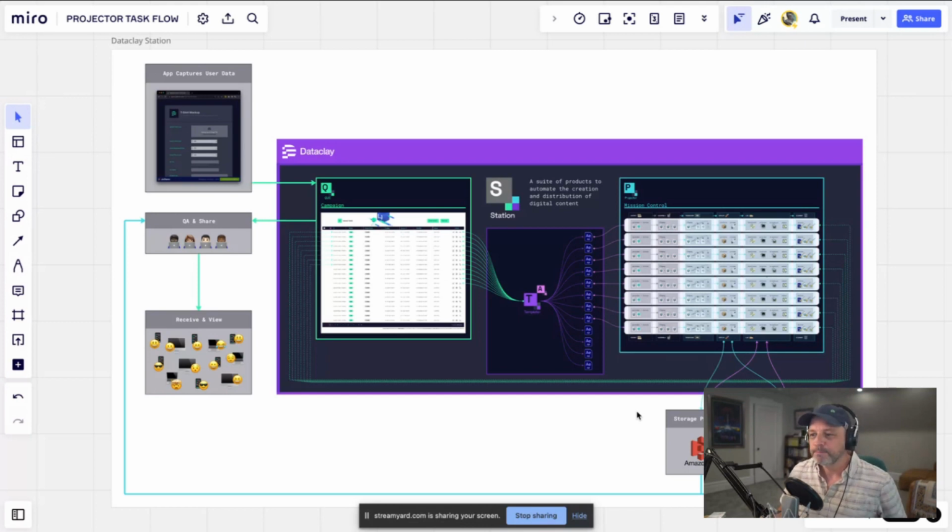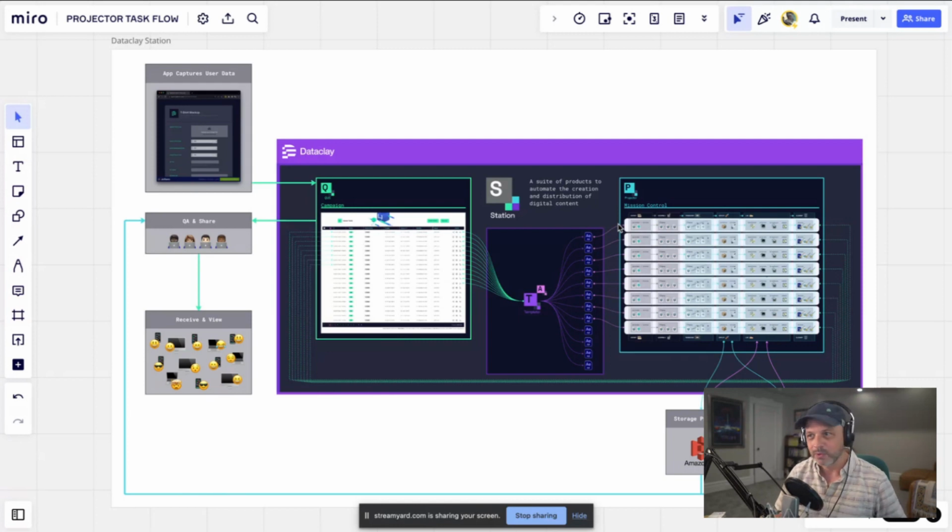Okay. I want to begin by sharing how all of these apps that we offer now work together and where Projector fits into that. And so I made this diagram that kind of gives you the 50-foot view of what's going on. So over here in this purple frame, we've got our three huge offerings, our main offerings. We have Dataclay Templator, QUE, and now Projector.